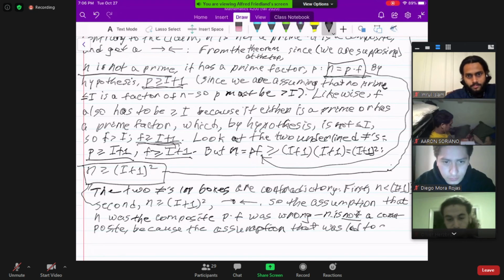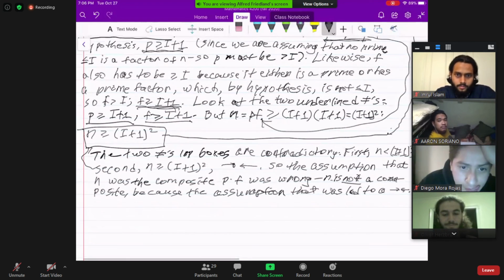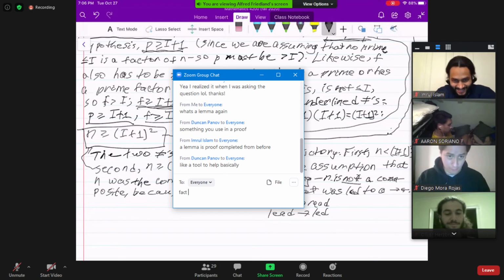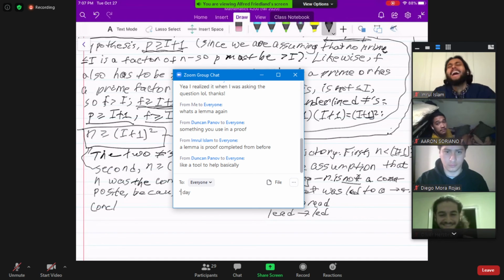led to a contradiction. Notice how lead is spelled, the past tense of lead. The past tense of read is read, spelled the same way, but the past tense of lead is pronounced the same way as read, but it doesn't have the A. Anyway, and so we conclude after our spelling lesson,